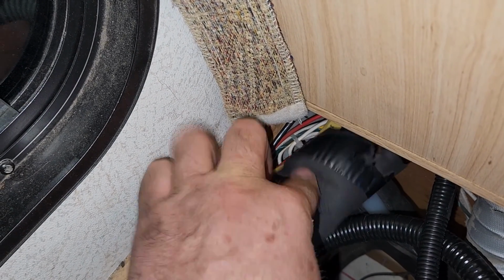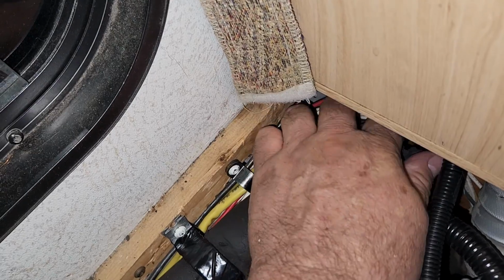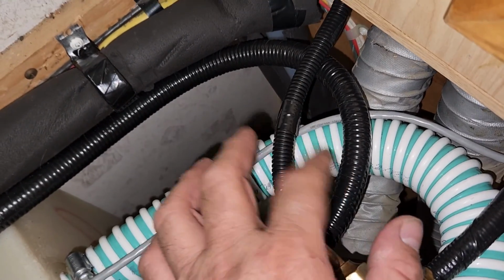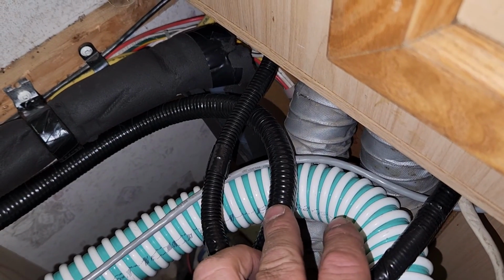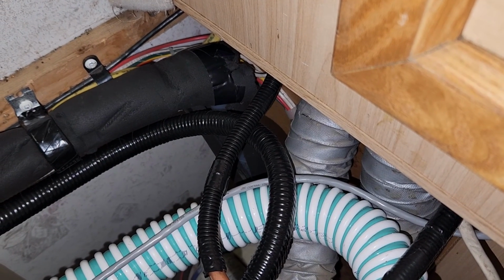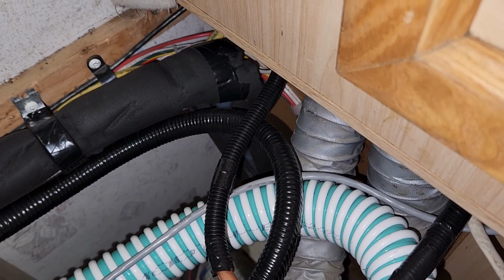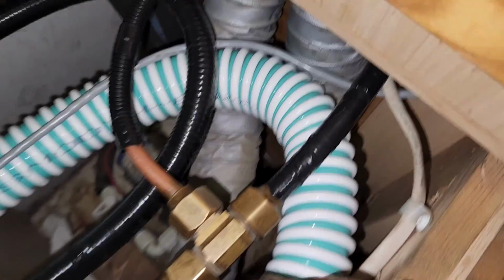Okay, so it looks like that is holding up fine, no leakage, and I will tape that up later. So I've got some split loom on the clear plastic vent hose here, and the reason I've got the split loom taped around it is because the thing is making a little bit of a tight turn, so the split loom will keep it from collapsing. And so this way it will always hold around, it won't pinch on me, and always provide a vent, okay? And then I've got some plastic here, just rub prevention. I'm gonna add some more rub preventing material, which